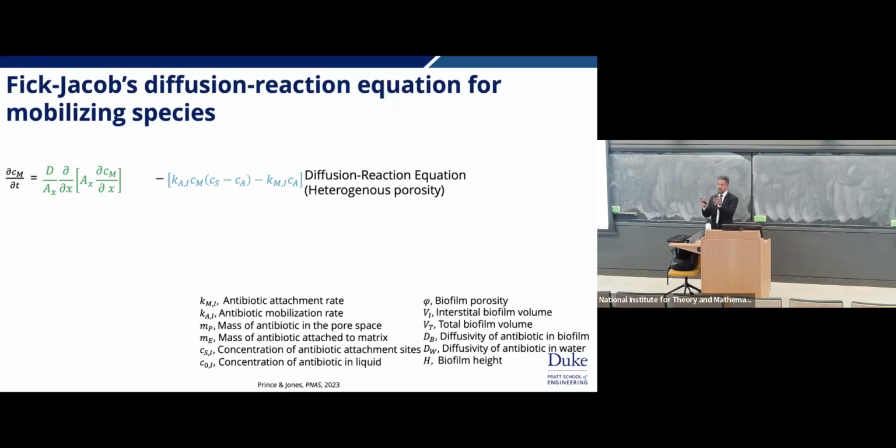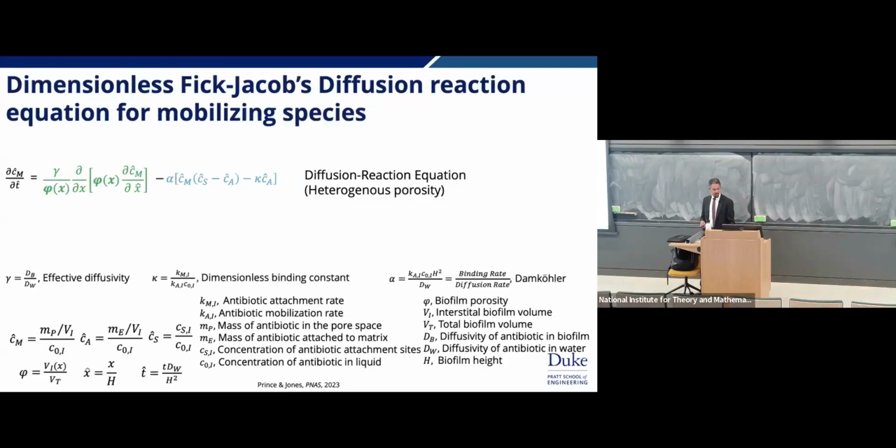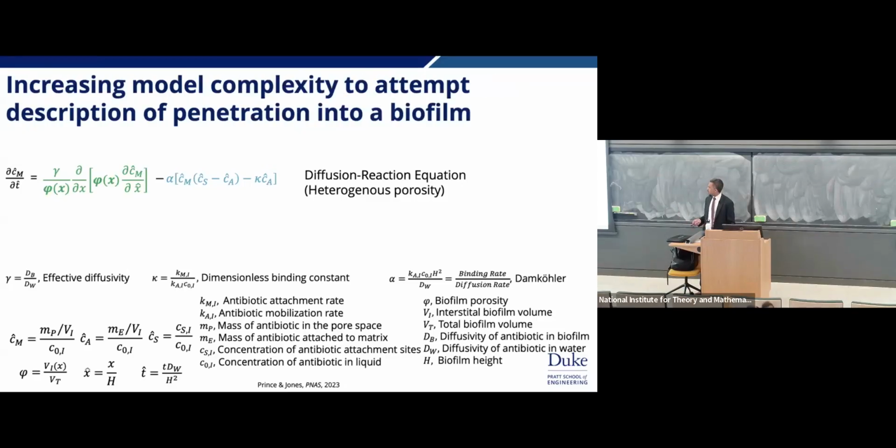If you're tracking something going through space, depending on your area profile, you might squeeze tighter and tighter so the antibiotic can't pass through, or it might stay wide and then your antibiotic can pass all the way through. It modifies that diffusivity parameter by taking out the area and the spatial dependence on the diffusion parameter, making it kind of an explicit version. In porosity terms or dimensionless terms, you can get porosity in there. Then we said, okay, well, we have the diffusion reaction equation. We have a heterogeneous porosity equation.